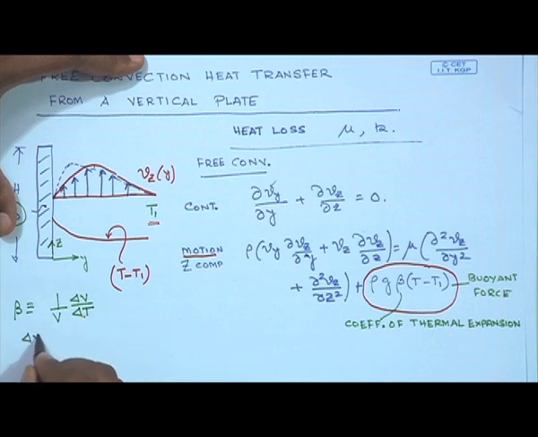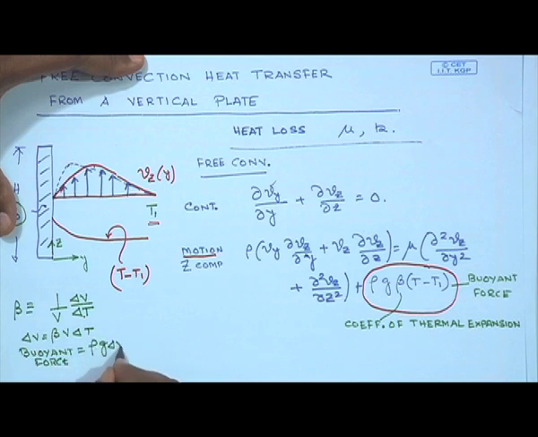So, I can write the change in volume as beta times V times delta T, and therefore, since this is the change in volume, the buoyant force would simply be rho g delta V, which is rho g beta delta T, and the buoyant force